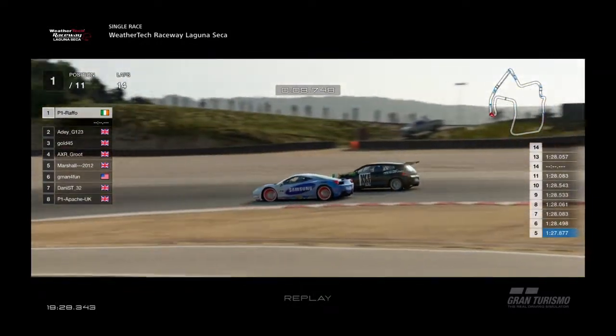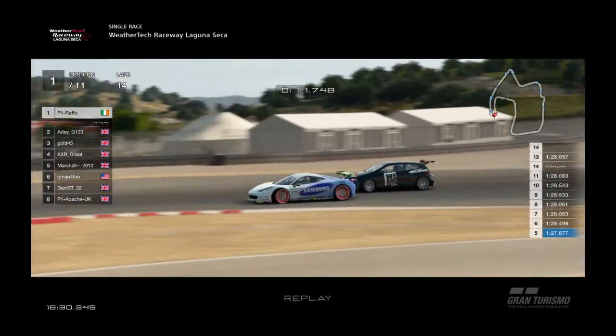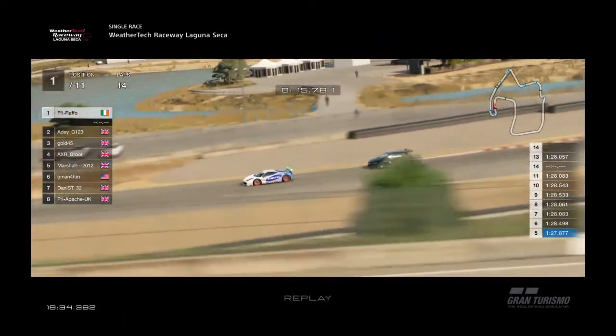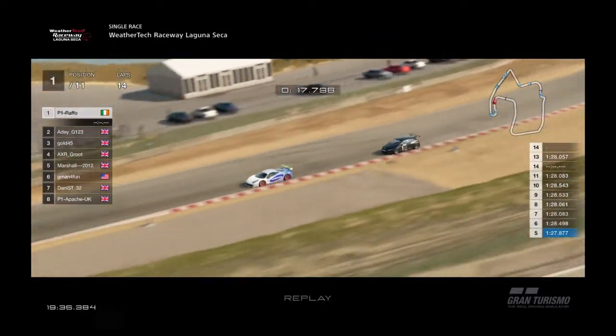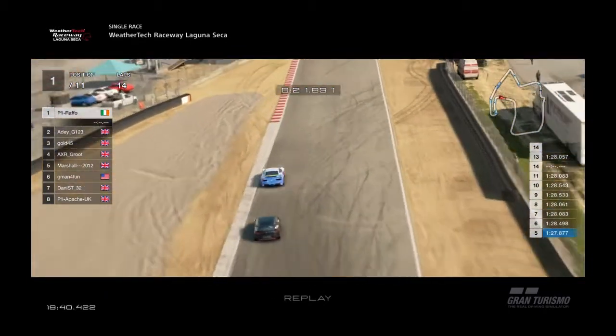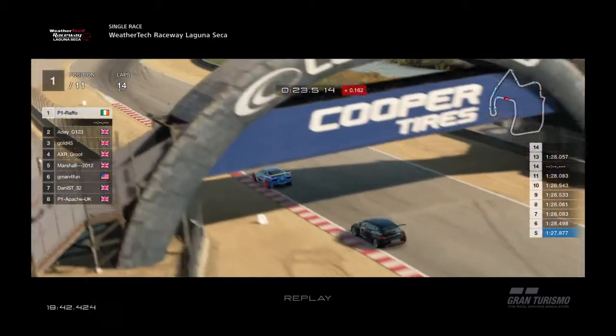He's got the inside line. AD goes out wide. Is he going to be able to get the crossover? He's not. Raffo's up into first. 14 laps from the rear of the field up into first place. Great driving from Raffo. Great driving and defending from AD. But